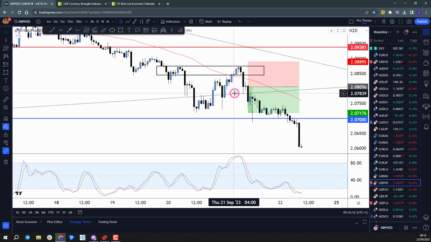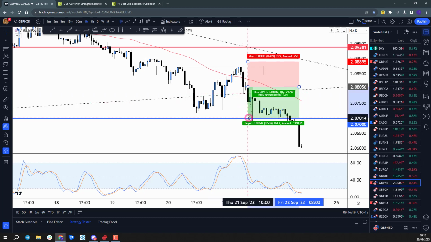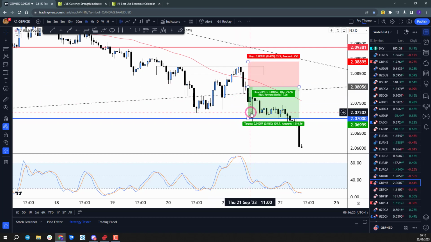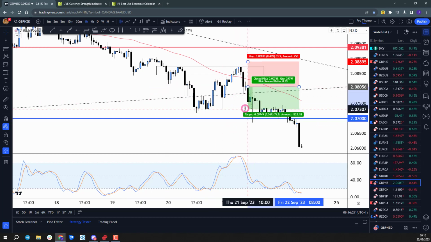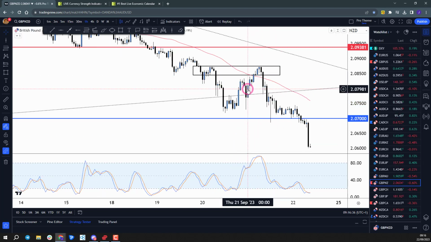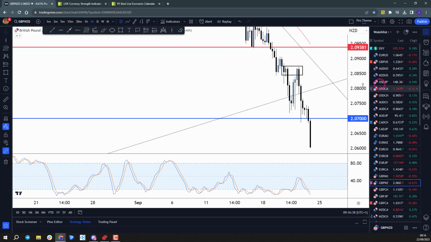Stop loss could have been very tight above the highs. I would have probably taken first targets here at 2.07 if I was going to enter it on that high impact data. Obviously, if I did hold it, or move stops to break even before the event, we would have still been fine, and price would have been about 2.4R, but that's hindsight, and obviously hindsight is a wonderful thing.